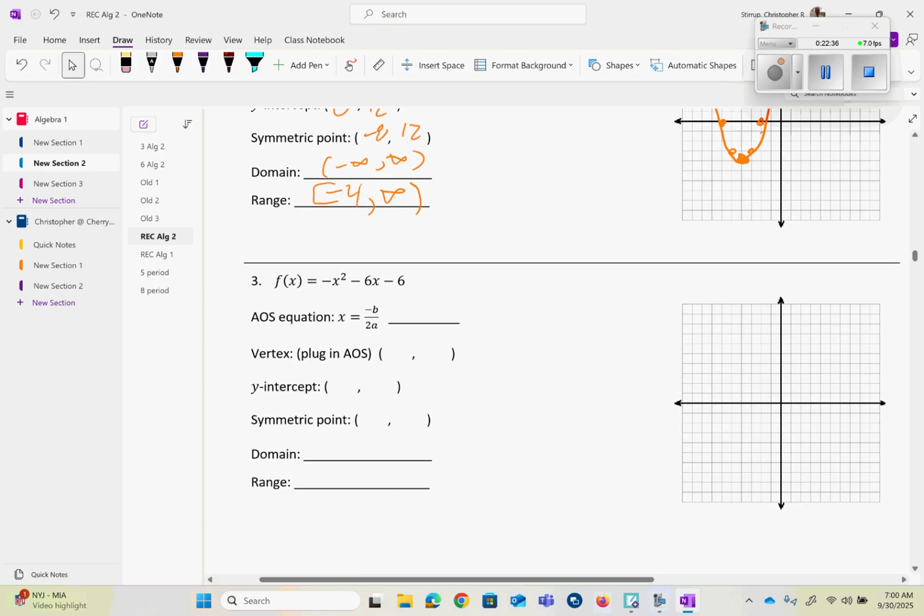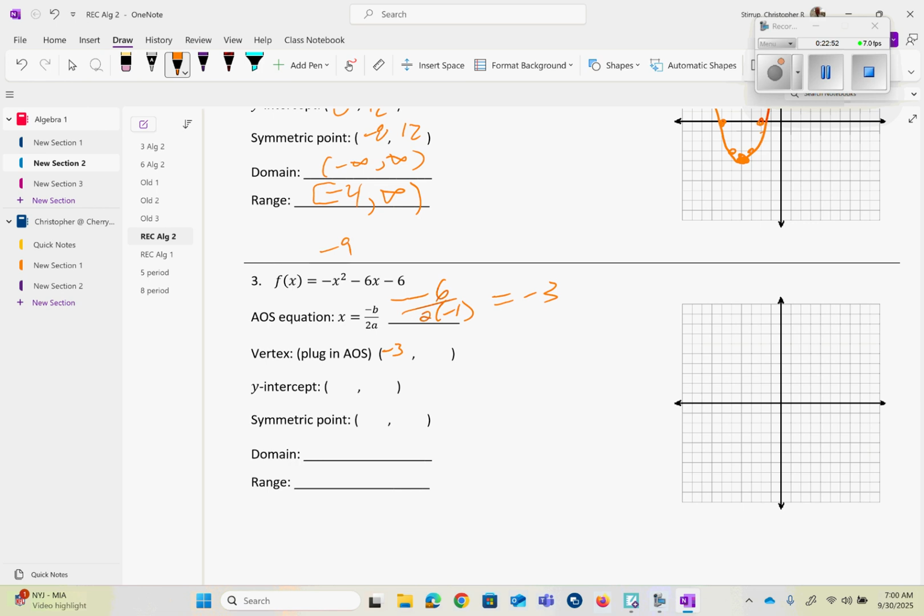Our axis of symmetry, so our A value is -1, our B value is -6, our C value is -6, so I'm going to get -6 over 2 times -1. So that's going to be 6 over -2, which is -3. Plug this in to get our vertex, -3 plugged in, so that's going to give me -9 plus 18 minus 6. So that's going to give me 3, so (-3, 3)